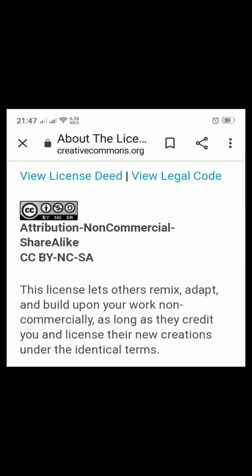Suppose you have published one ebook and you want it to be used as it is. No one should change it, and it should be used only for educational purposes. Suppose you have uploaded a research paper, so you can take this license. Suppose you have a blog, and in that blog you have all your research papers. You take this license, because non-commercial use means those research papers will be used for educational purposes, and it will be share alike, meaning there will be no changes in your original research paper.